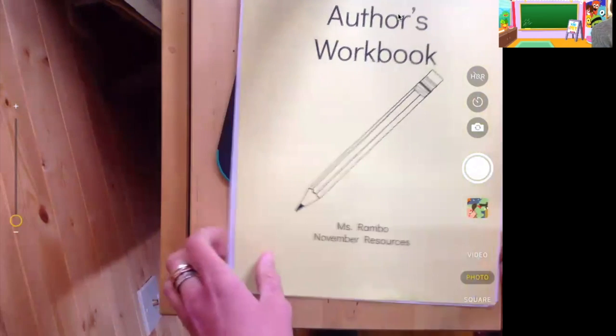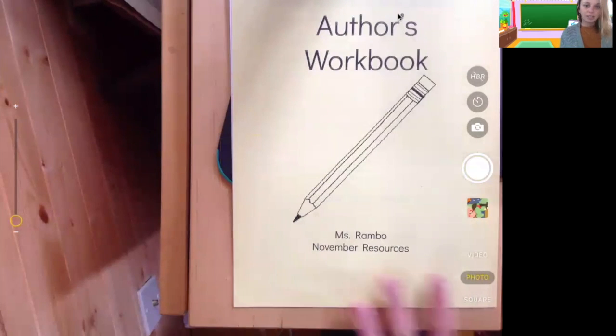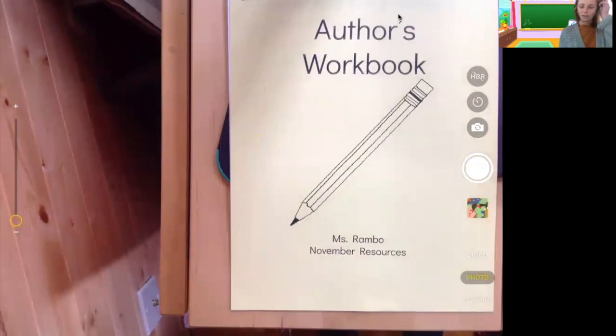So I've been anxiously waiting to use this with you. So this is your author's workbook. It's yellow, got a little pencil on it, and you'll find it in your envelope. Hold please. It says top secret. Okay, so